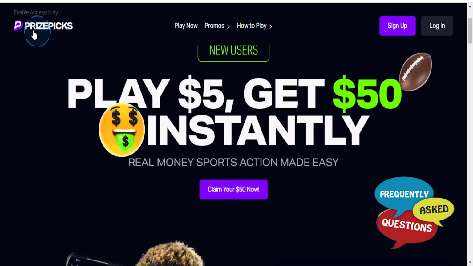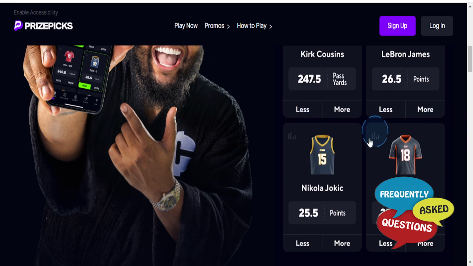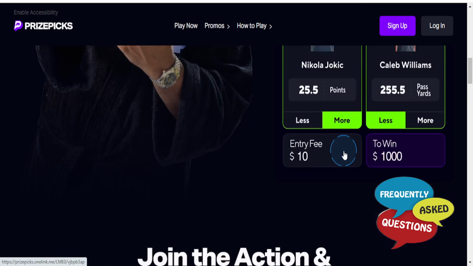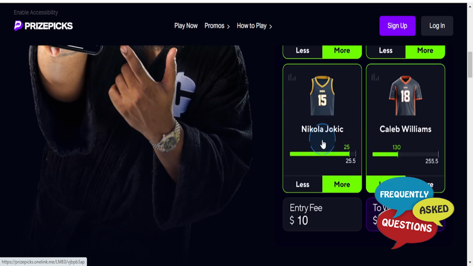First things first, what you want to do is open up the Prizepicks app or go to their website, log into your account, and you'll be taken to the home page. Next, guys, what you want to do is navigate to the sports tab, and then select the sports that you actually are interested in, whether it's basketball or football, baseball, or any other